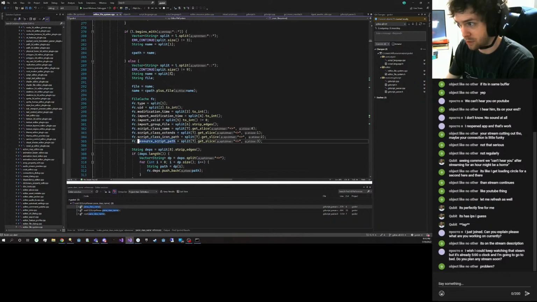It adds this resource script path so that even if you've just saved a file that's a resource and it has a script attached to it, it's also keeping track of the path of what script is attached to it. So you essentially know what the type of the resource is without having to actually load the resource, which is really important for things like displaying icons in the file system dock,